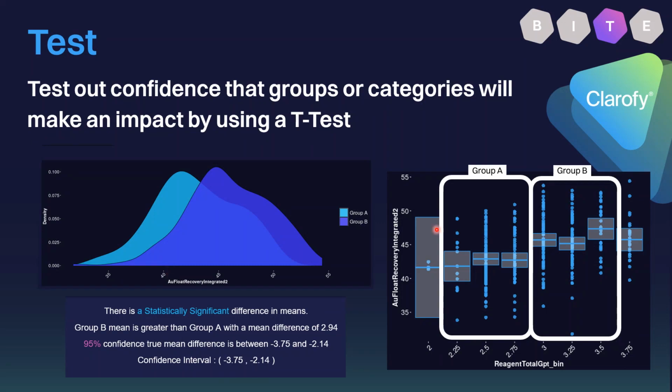Okay, so this is the same graph I was showing before. Our recommendation now is that group A, which is below 3, and group B, which is above 3, will have a difference, because if the test shows there is a statistically significant difference in means, that means we can now run a practical trial in the plant. So let me show you how to do one in Excel first.